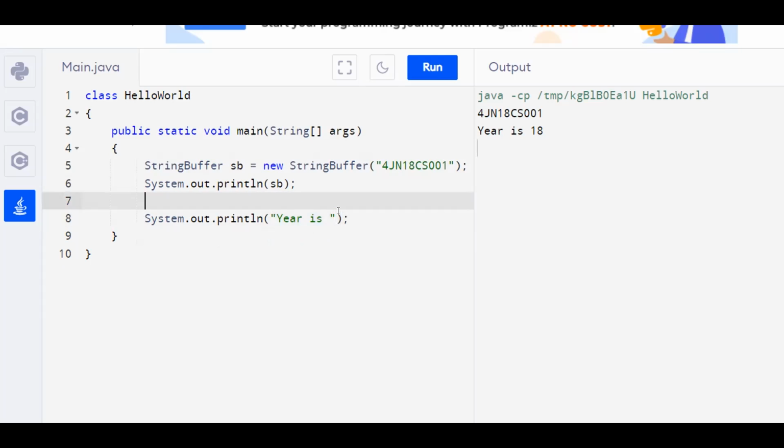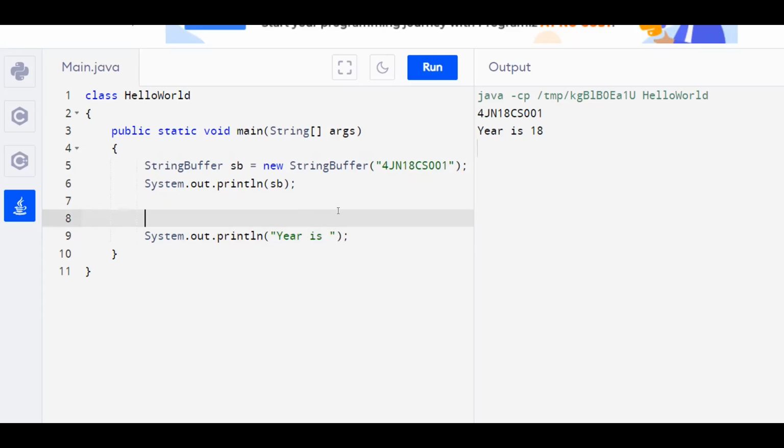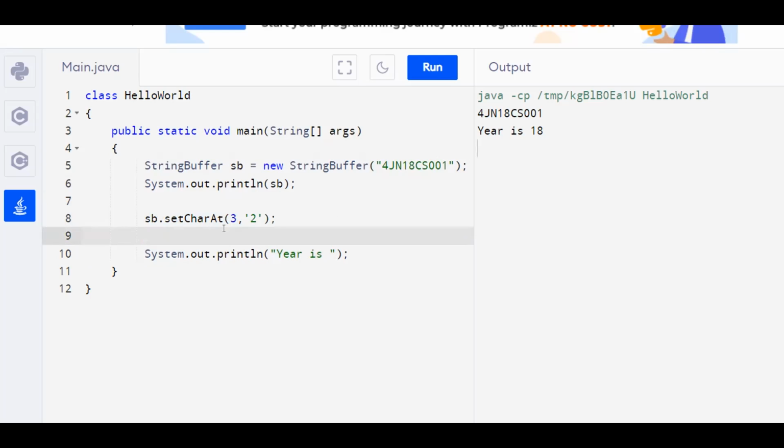So what we can do is simply call SB dot setCharAt method. This will set the character at a particular index, so that index we need to specify. The first index, let us specify as 3, and the character we specify as 2. So instead of 18, we are making it 20. We shall change the other character also, at index position 4, to 0.